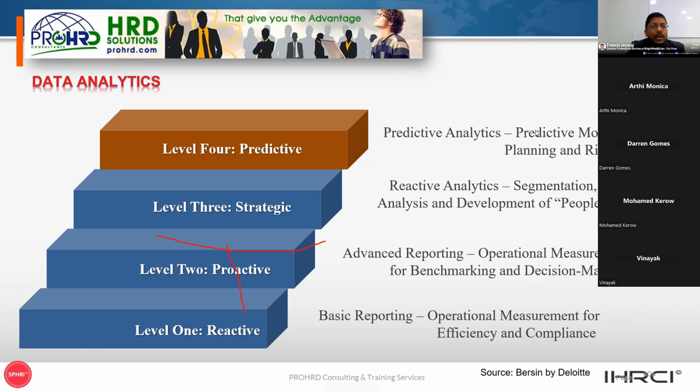The third level is more of strategic information. It is helping you to react to analytics. You can do segmentation, statistical analysis, and development of people models on it. The fourth level is very sophisticated, which is predictive analytics. You can do scenario planning, predictive models, and risk mitigation. All that you can do. The term data analytics refers to the use of advanced analytics tools and programs to look at vast amounts of employee data, customers, and transaction data. Nowadays, you are aware of AI, machine learning, artificial intelligence. It all runs on Python.